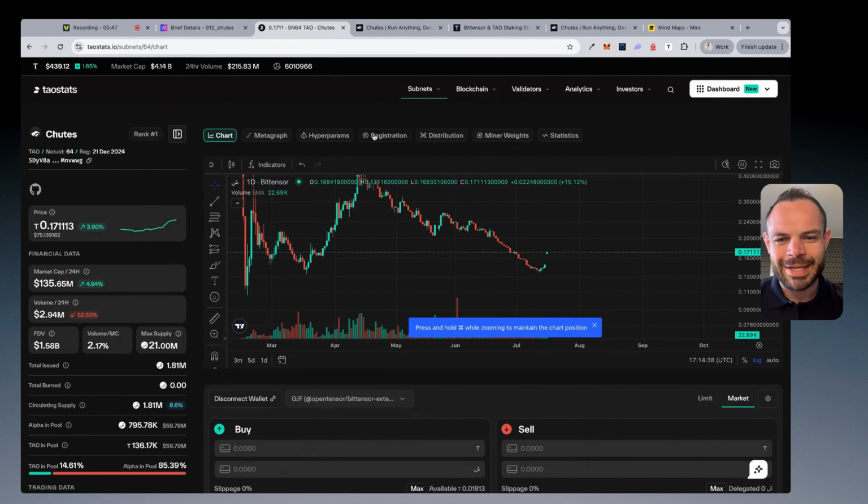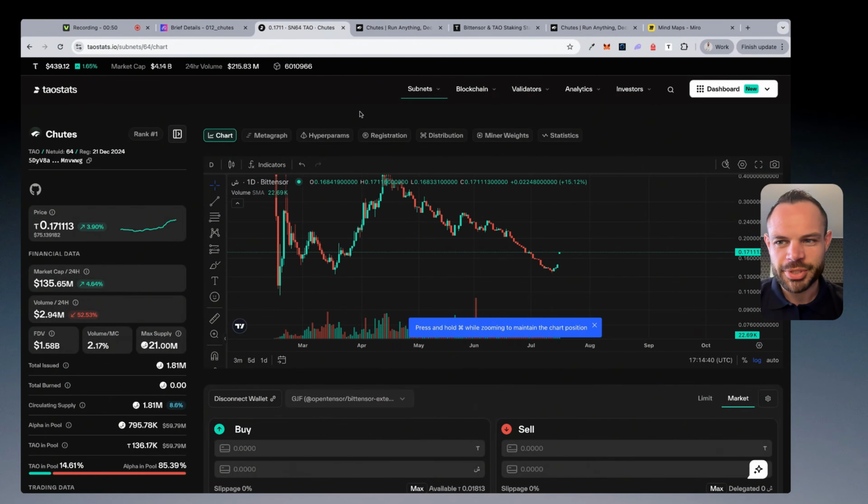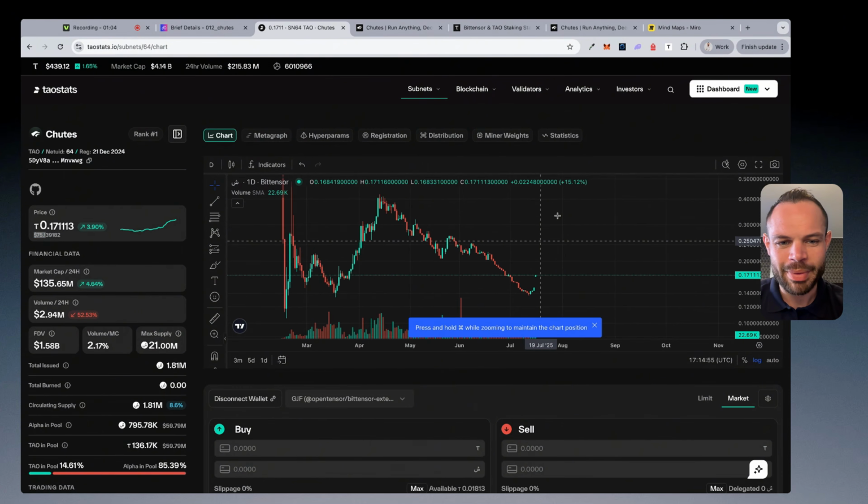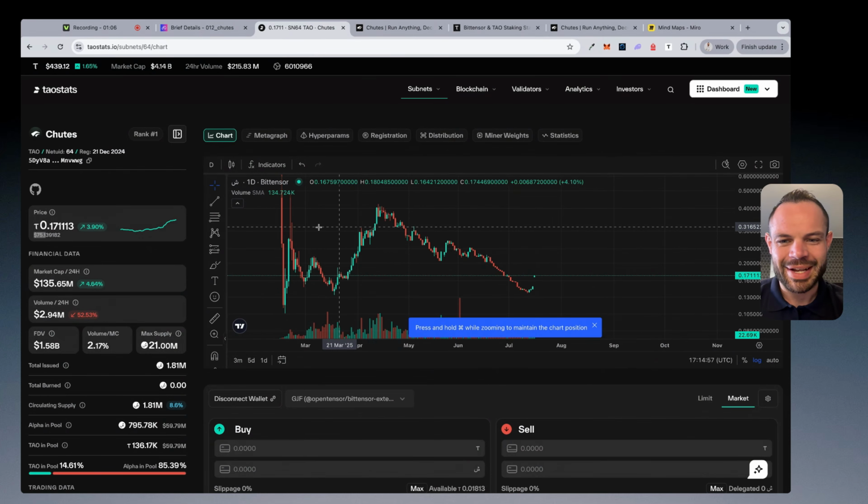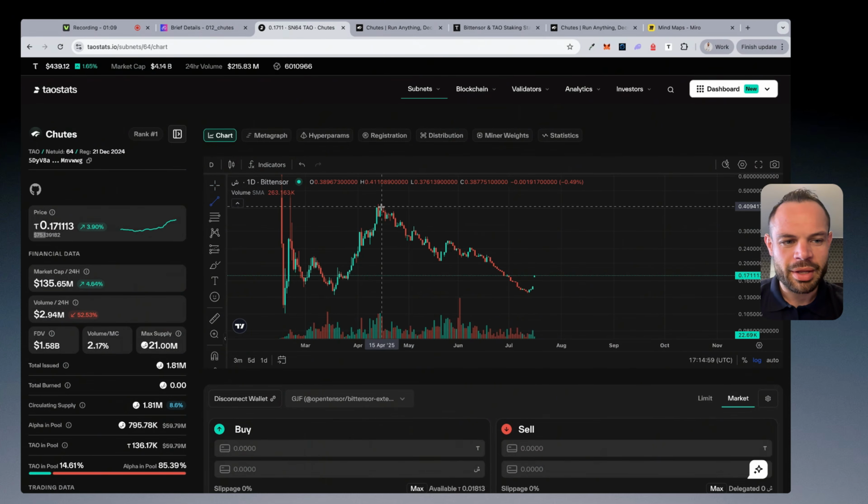So, like I said in the intro of the video, Chutes is subnet number 64. I'm over here on TAO Stats just to give you a quick overview of some of the data related to Chutes. As we can see, the current price is sitting at 0.17 TAO, or the equivalent of about 75 US dollars per token. If we zoom out on the chart here, we can see the price action has actually seen Chutes pulling back quite a lot since these 0.40 highs against TAO. We're currently sitting at 0.17. Like I said, we found a little bit of a bottom, and we're getting a nice bounce now because the TAO token itself has also been getting a really nice bounce.